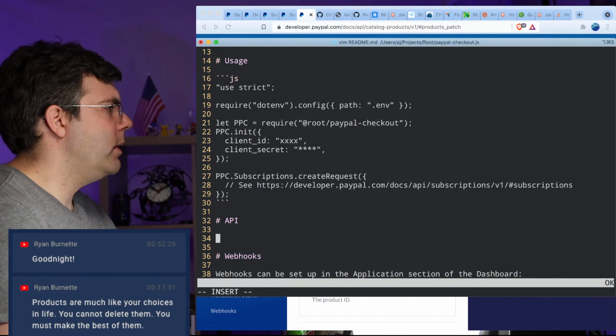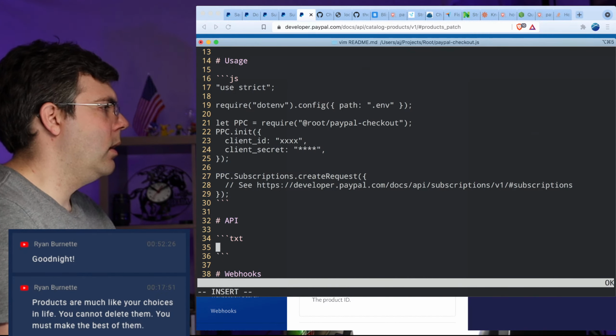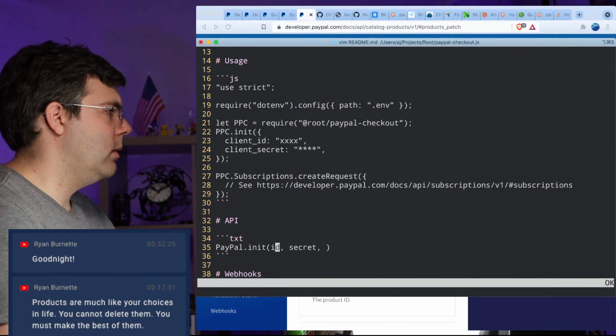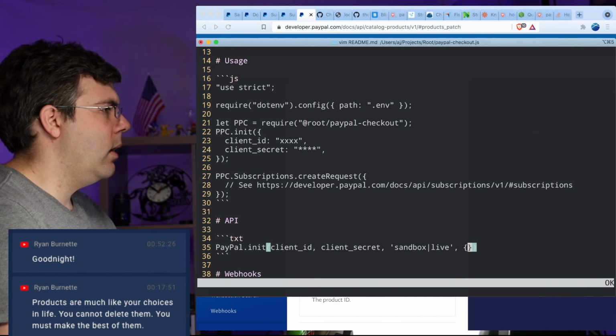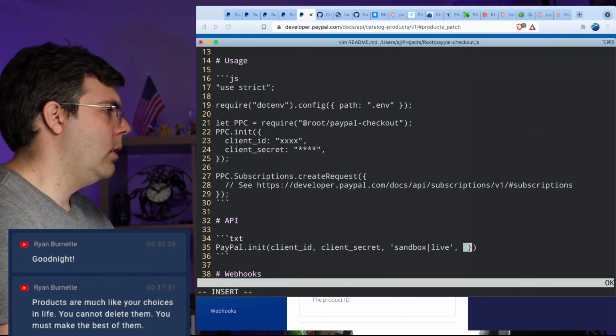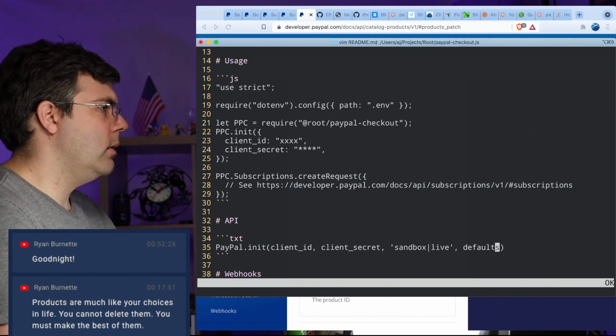All right, so as far as API goes, paypal.init, ID, secrets, sandbox or live, and then defaults, let's say.